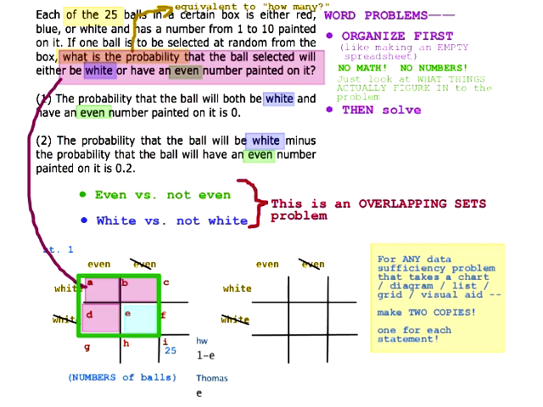It's kind of abstract because we're thinking about even and white, right? But let's say that you had a room full of boys and girls with long hair or short hair. If the question said, let's say you had 100 kids in the room, and the question was how many either are girls or have long hair, right? That's everybody except for the boys with short hair. So you could also just do 100 minus however many short-haired boys there are.